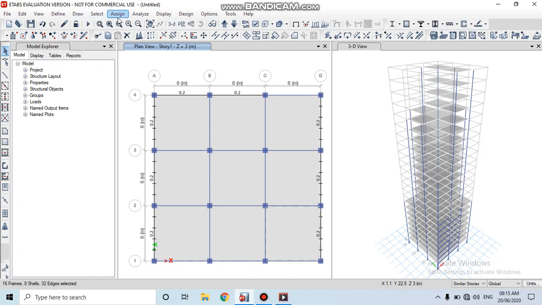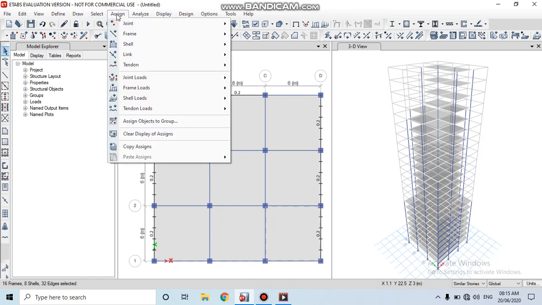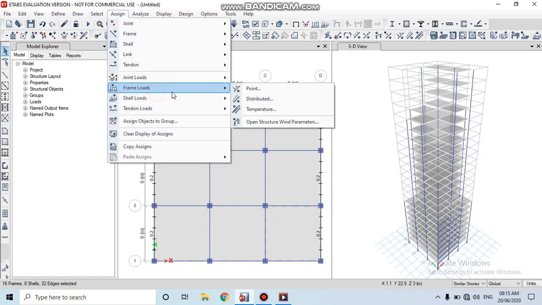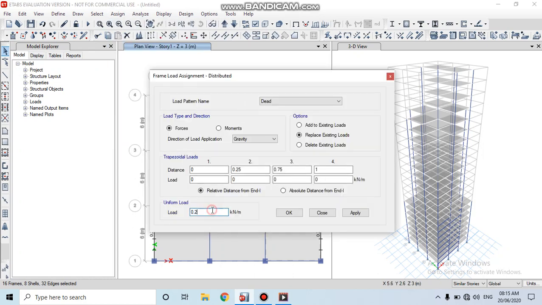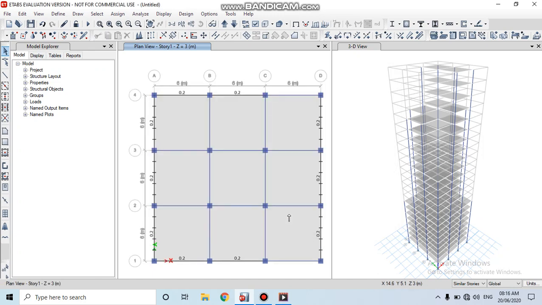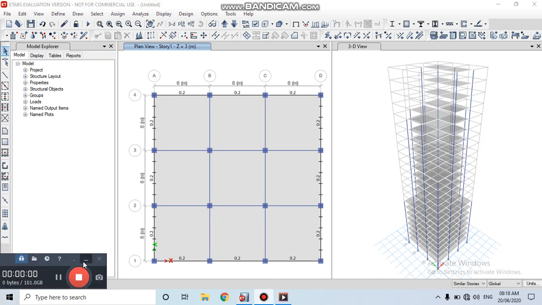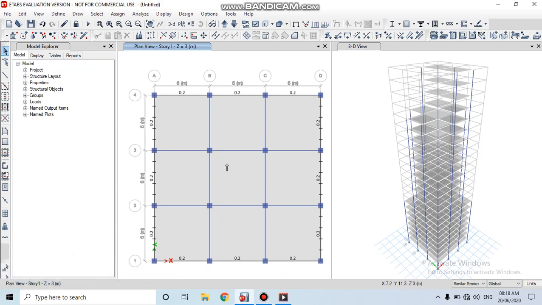Then click on to the assign, frame loads, distributed with the uniform load of 0.2. Click on apply. Then click on OK. Here the CAD link load is applied on the exterior beams.